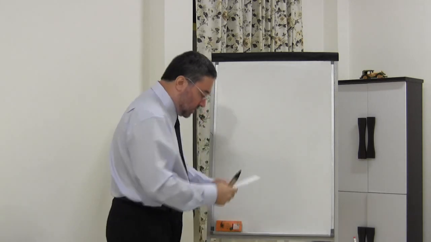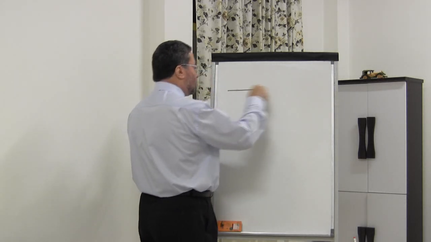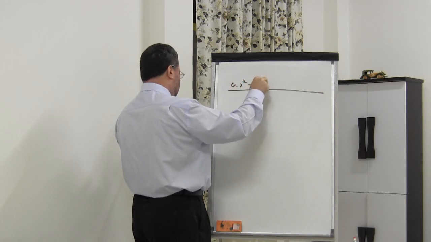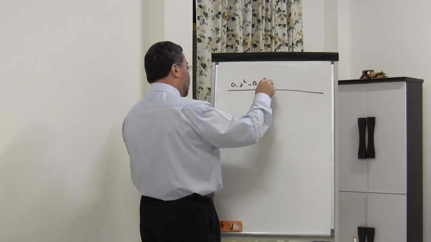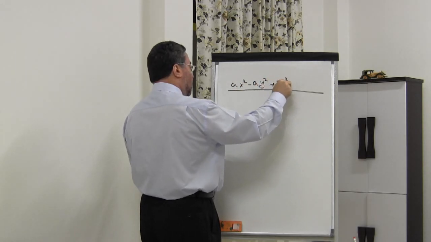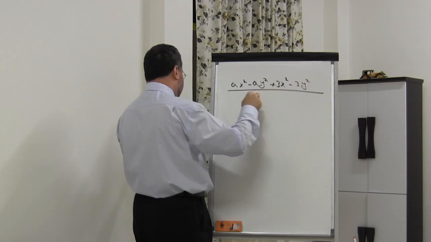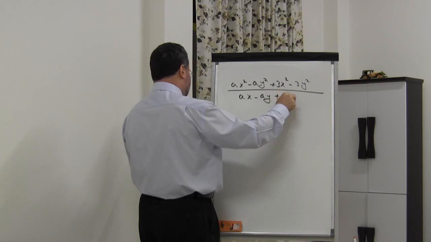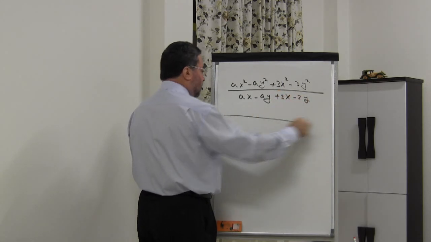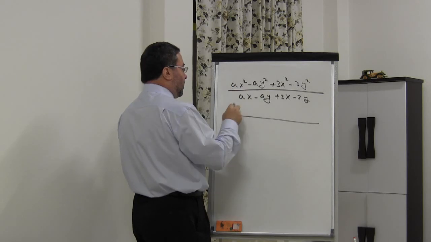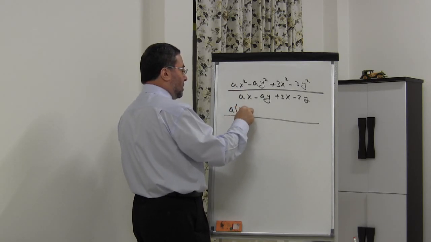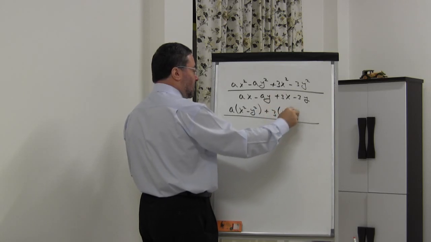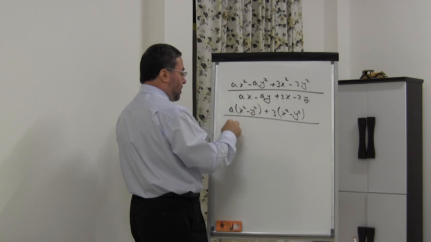Next is number 56. Ax squared minus ay squared plus 3x squared minus 3y squared over ax minus ay plus 3x minus 3y. The easiest way is to factor a out here, x squared minus y squared plus, and we factor the 3 out. And similarly here we factor a out